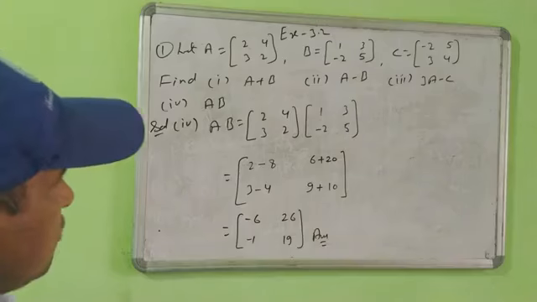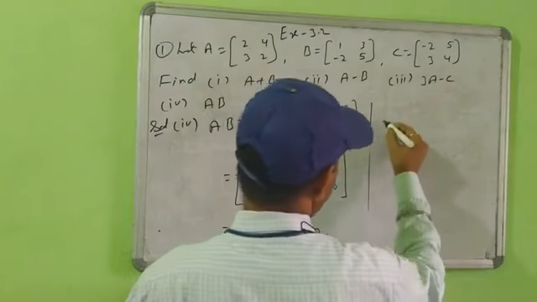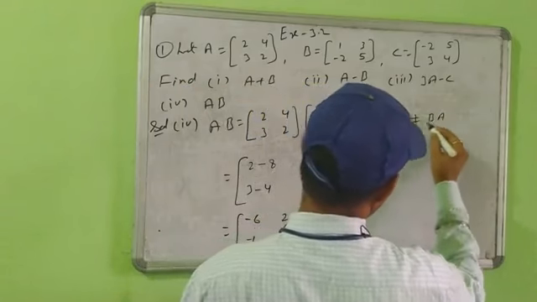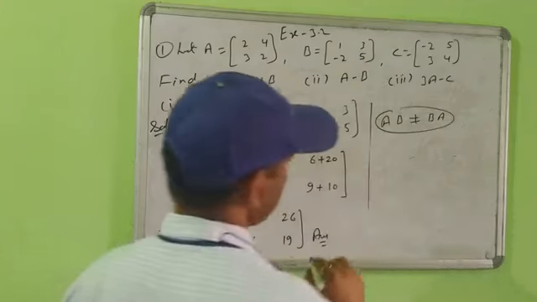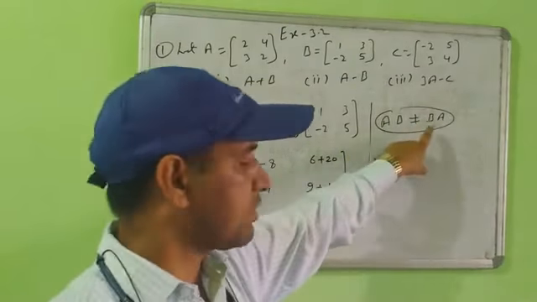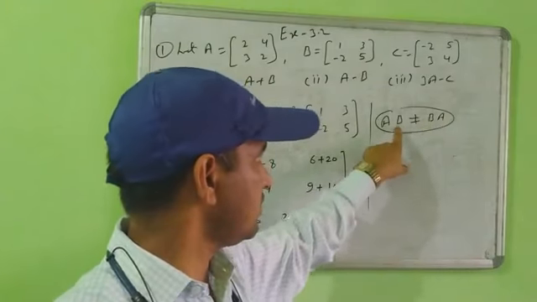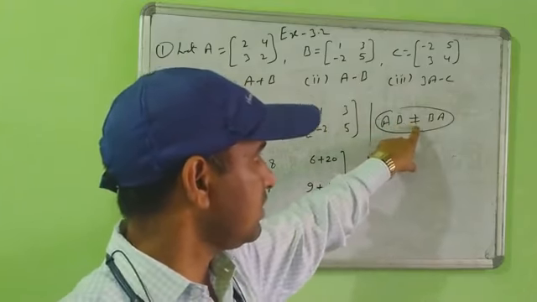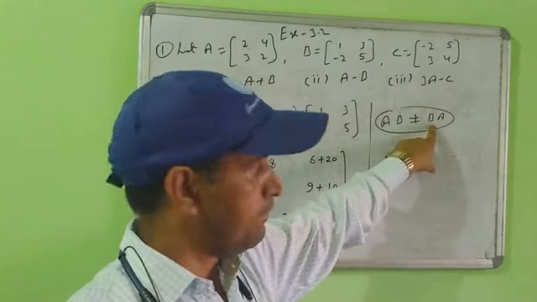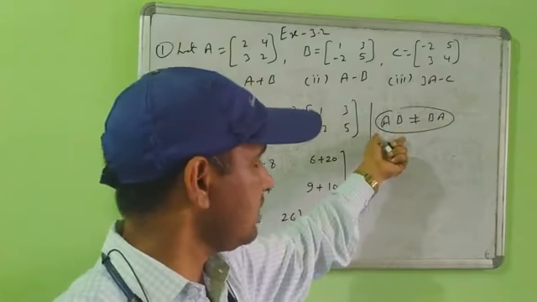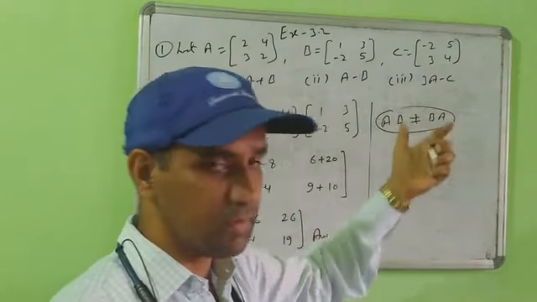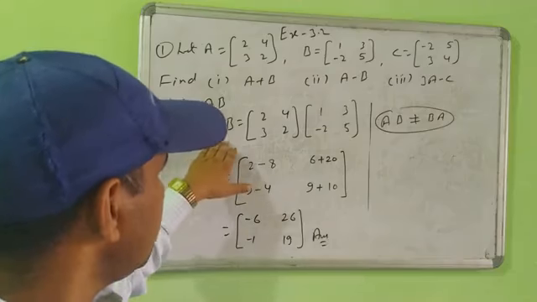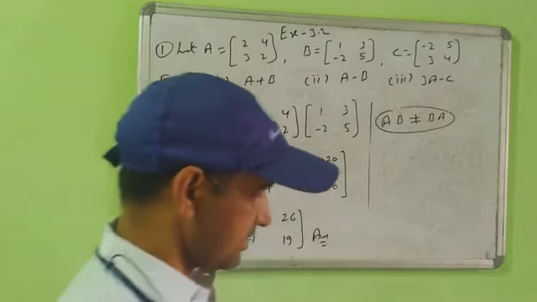Note this down: the product of matrix A and B does not equal the product of matrix B and A. This is a property of matrices. They will never come out the same. The result of AB is different from the result of BA. This is always true, not only for a particular question but for every question. If you multiply B times A, the result will be different. Now check this.